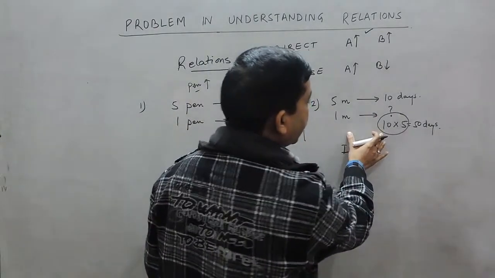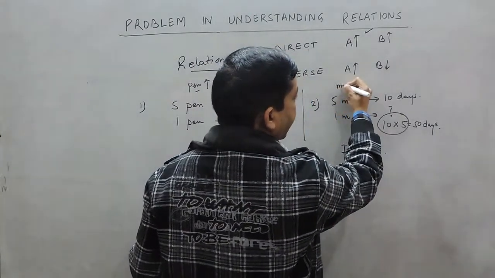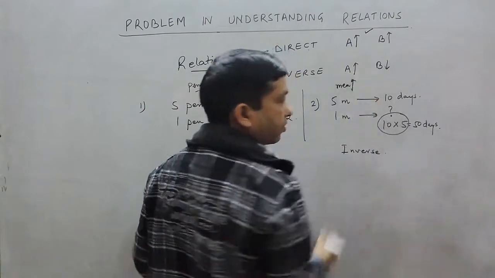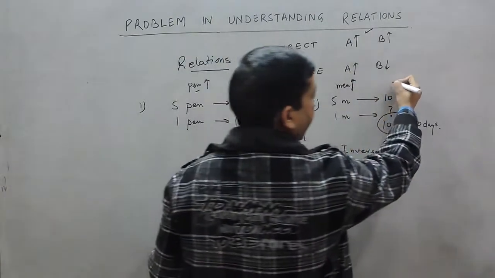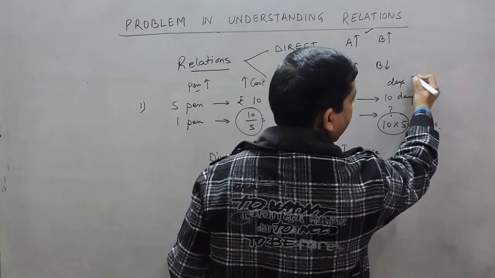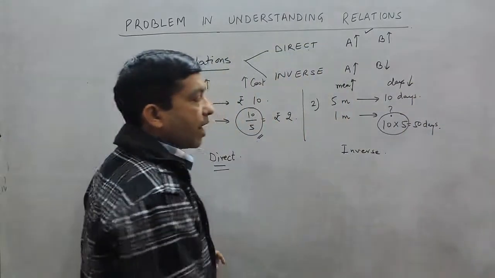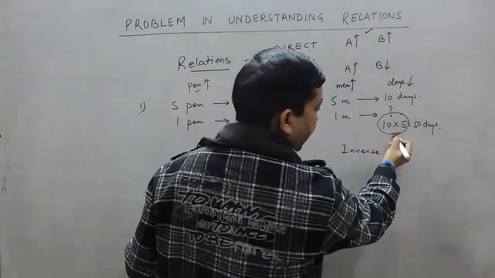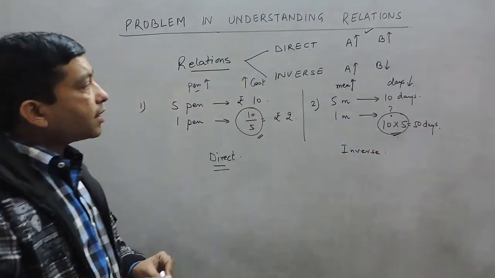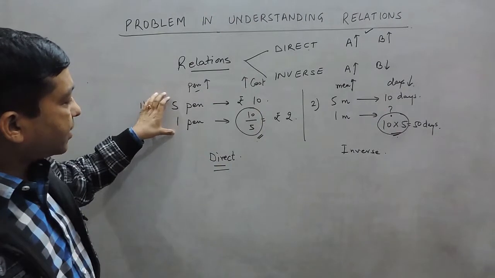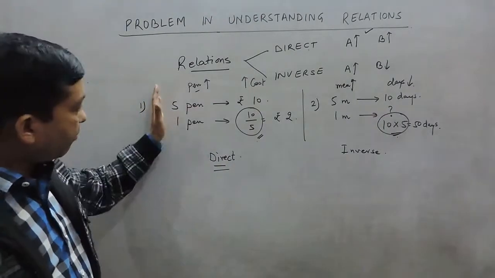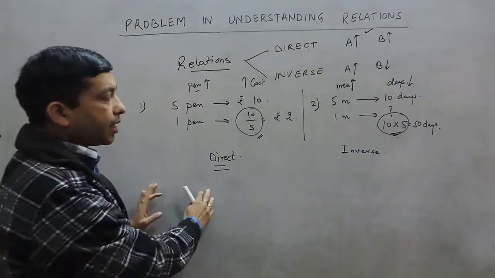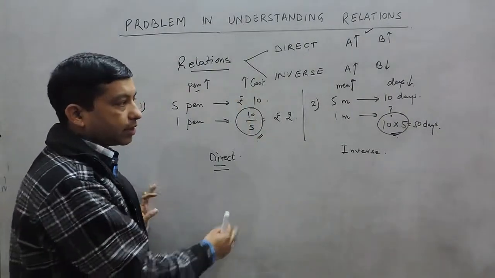While in the case of inverse relationship, here I am saying that if the number of men is more to do a work, then the number of days in which they will complete the work will decrease. And this is considered to be an inverse relationship, where we have to multiply. So, for a class 3 student, in the first exercise all the questions have direct relationship, and he understands that we have to divide in all the questions.